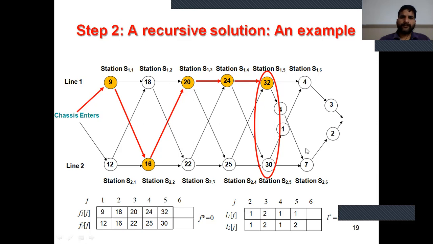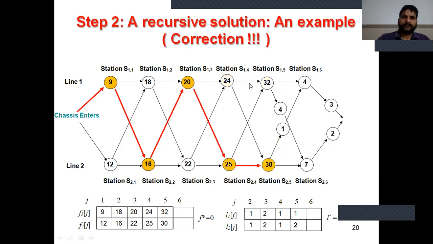Stations are the same. So we choose 22, 25. This is 24 already one. Follow 25. Here the assembly line changes in fourth position 1, 1, 25, and using the 25, 24 equal to 32 and 25 equal to 30. So we choose the assembly line scheduling 2.